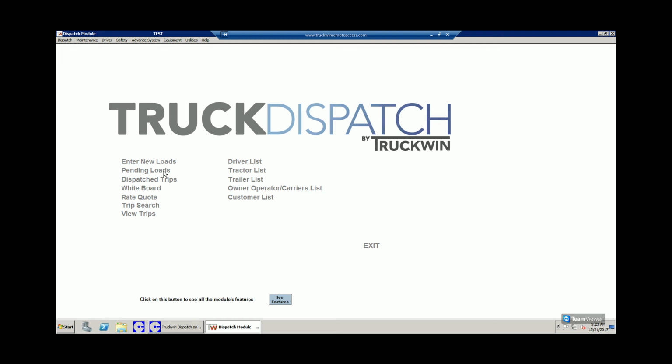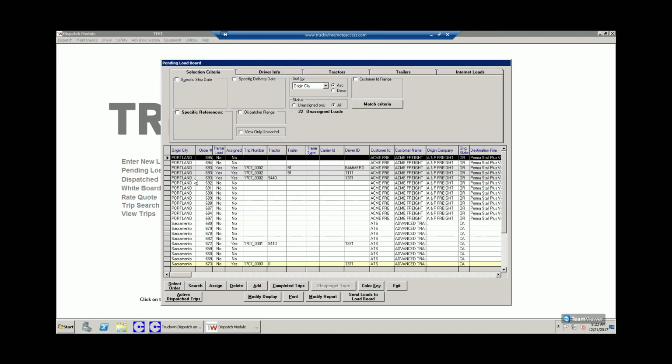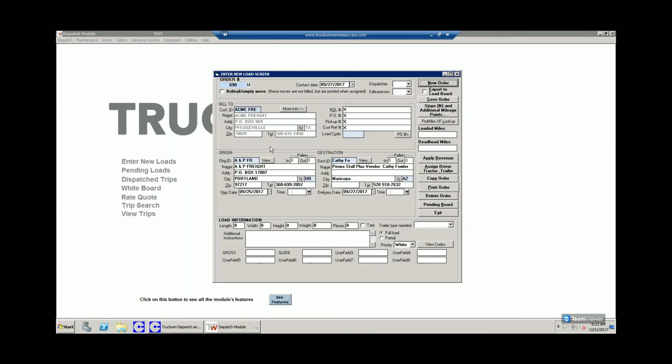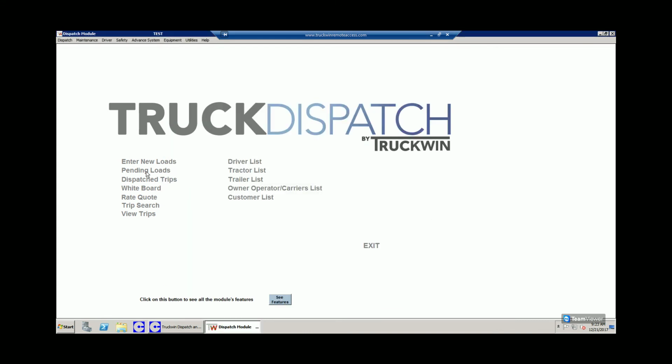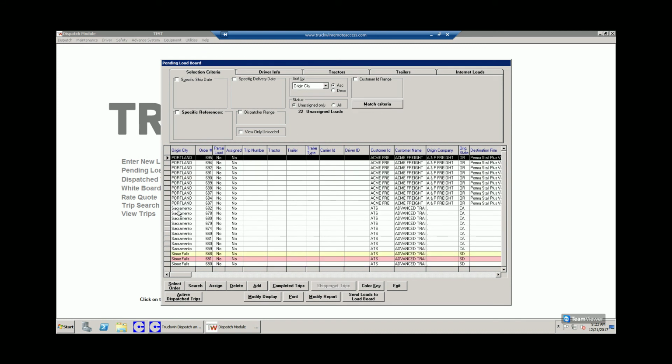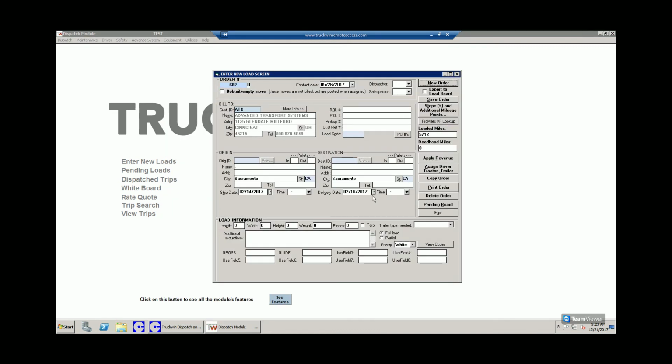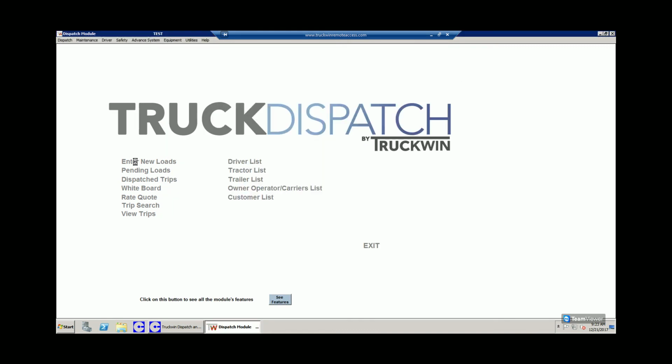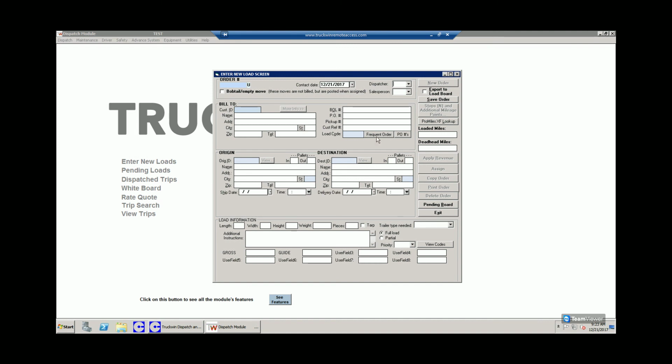So I'm just going to go ahead and pull up a load. It's an unassigned load. Here we go. Okay, if you use frequent orders, which are designed if you do the same trip